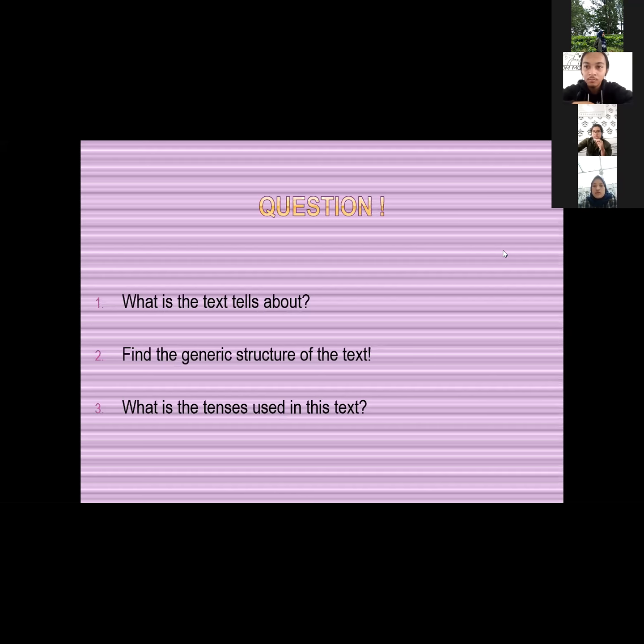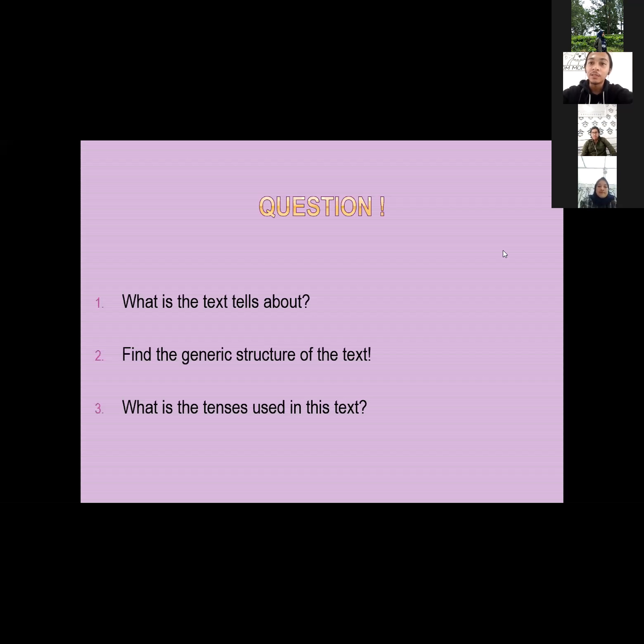So please, Reza, answer this question. Okay. The first question, the text describes a monument in Bogor, which is Kujang statue or Kujang, as you know. And then the second question is for the generic structure, we can find the identification in the first and the second paragraph.